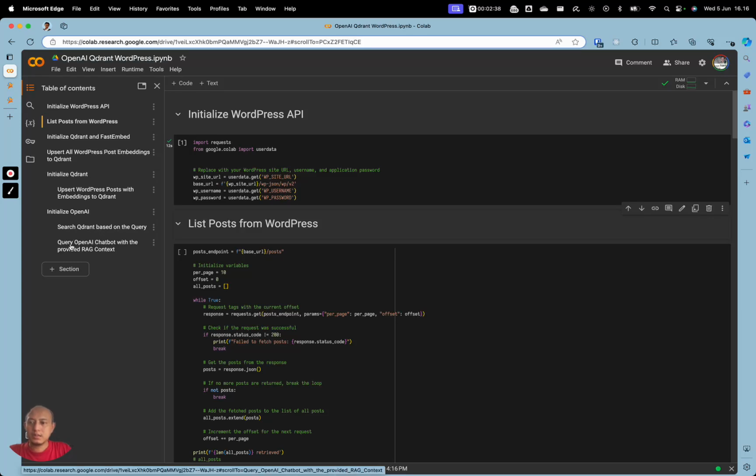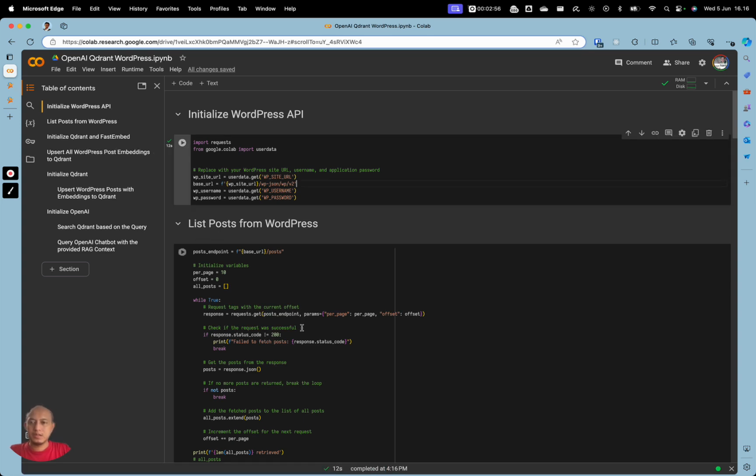And the last step is that we query the OpenAI chatbot with the provided RAG context. RAG here is retrieval augmented generation.